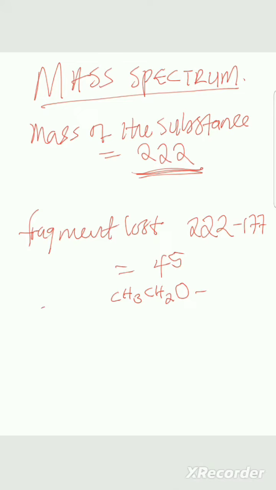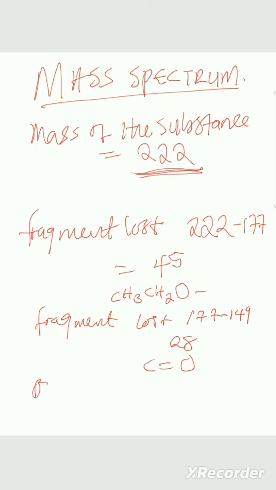So I can do fragment lost, which is 177 minus 149. What am I going to have is 28, which I found, that is CO. You see, so this CO is the one that is connected to this. So if you want, you can say O fragment lost,